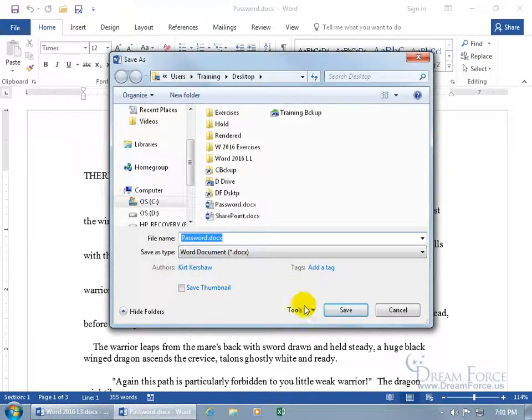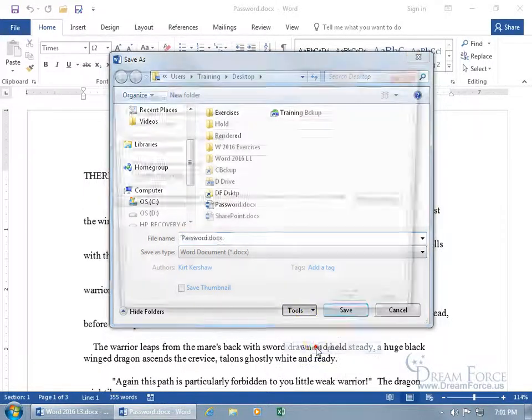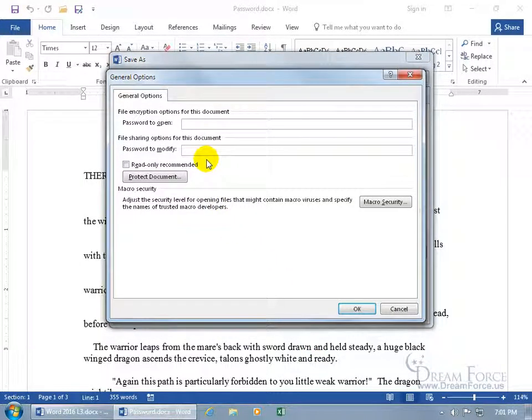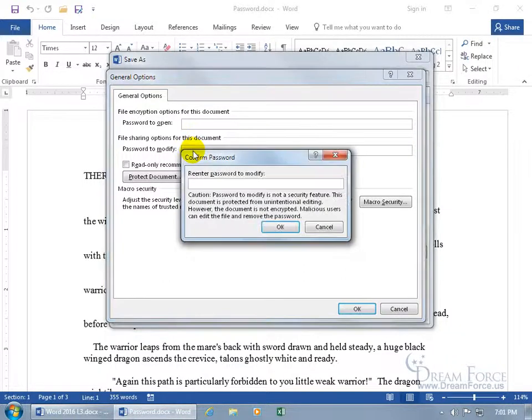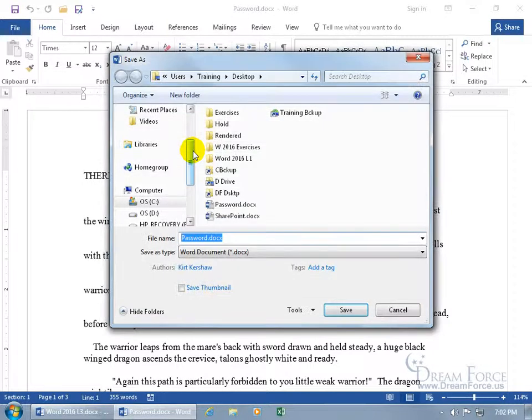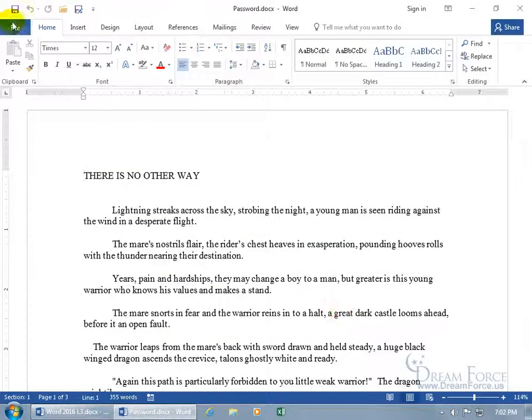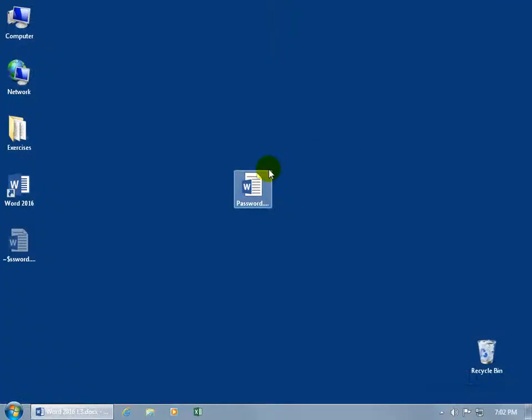Let's go ahead and do it again. Save As, Tools, General Options. So what do you want to do? Just a password to modify? Okay, let's do that. PASS. Hit enter, PASS, hit enter. Click Save, and well, we don't need to save it again. It's already been saved. Close out, double click,